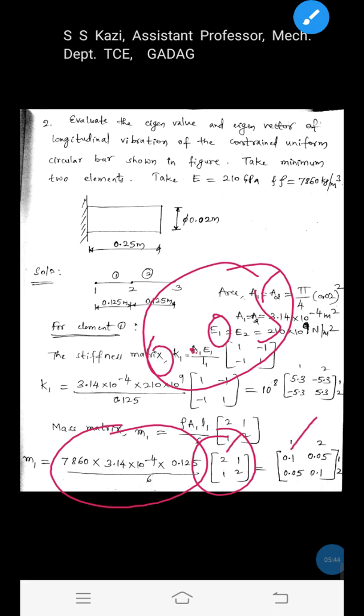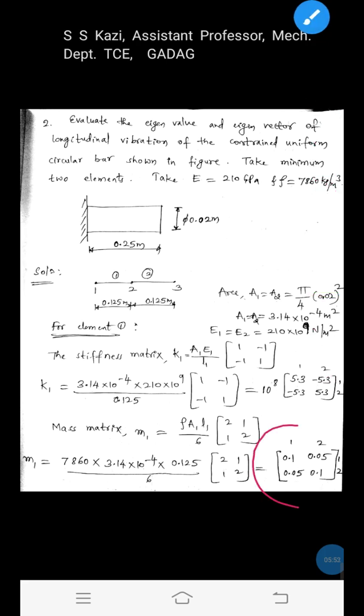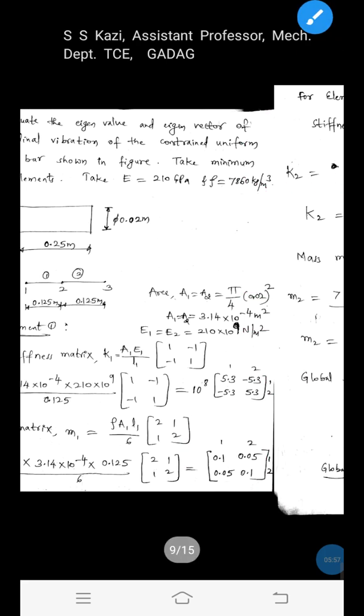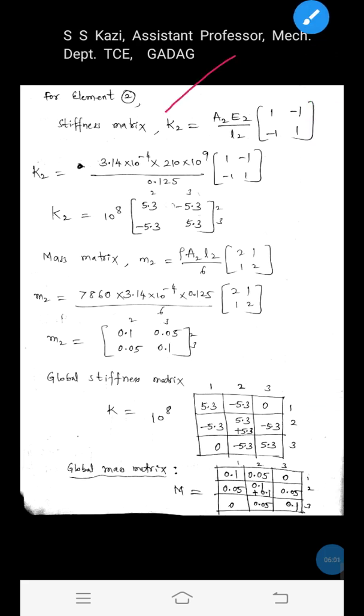0.05 into 2 you will get 0.1, 0.05, 0.05, 0.1. Write the DOF numbers for element 1: 1, 2, 1, 2. That is the mass matrix for element 1 we got. Next, let us generate the stiffness matrix and mass matrix for element 2 by using the same formula, AE by